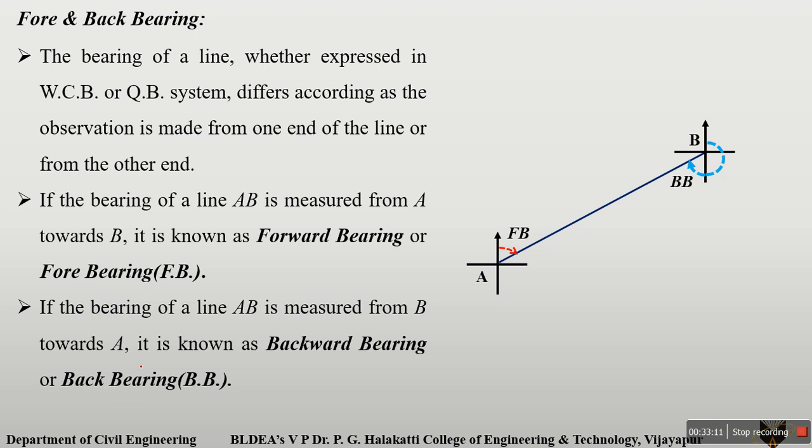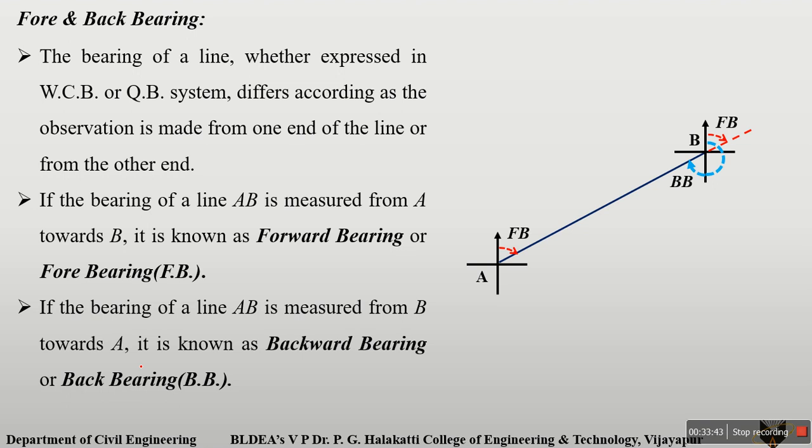Clear? So again, if the line is a continuation, next there is a point C. If you are bisecting that point C on station B, with the instrument on station B, the bearing measurement of this line is like this. This is called a forward bearing. If your instrument is at station C and you are bisecting station B, that bearing is called a back bearing.